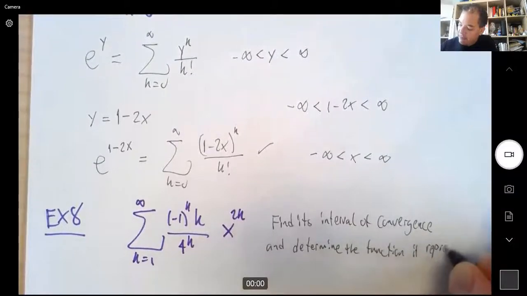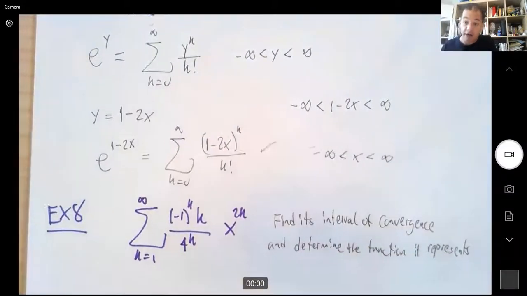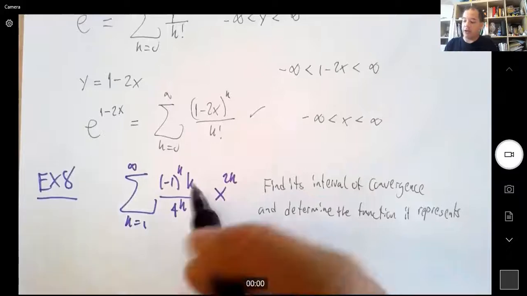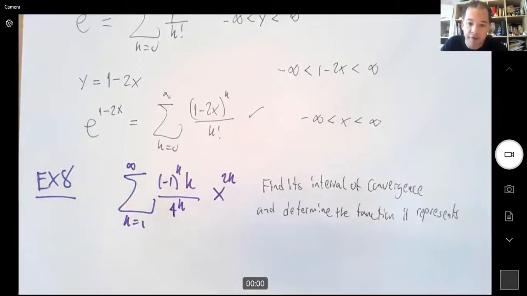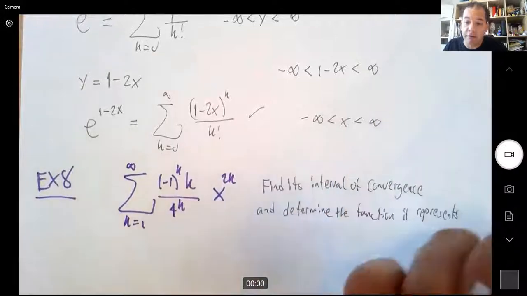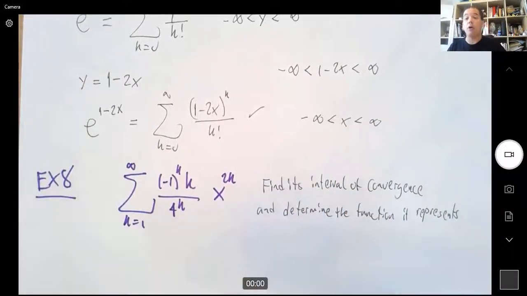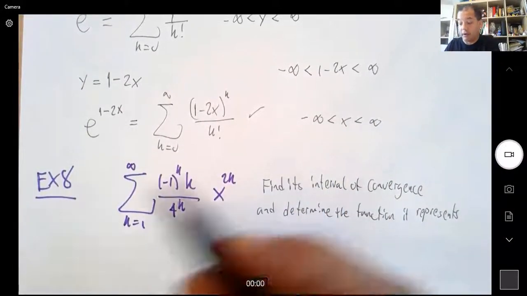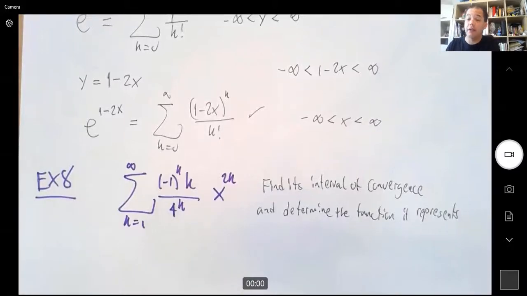Now, a little caveat about this one. This is generally hard, right? To figure out the function of a given power series could be hard, or sometimes not. I can show you some series where you cannot figure out the function, because sometimes there is no specific explicit function that gives you the power series, right? But in this case, we can actually figure it out.